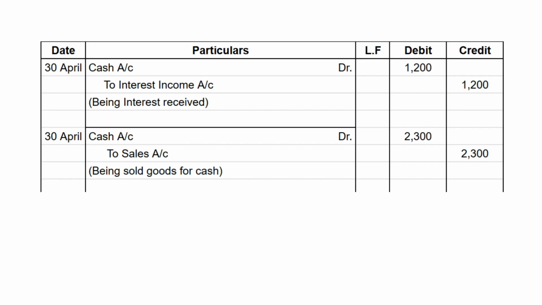30th April, cash account debit 2300 to sales account 2300, and the narration is being sold goods for cash. Next,